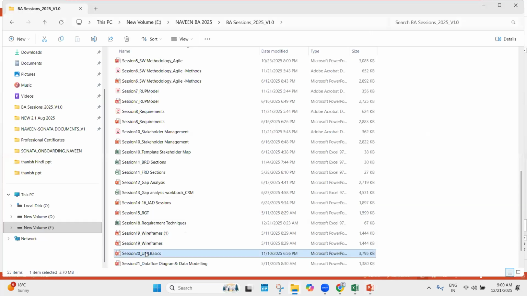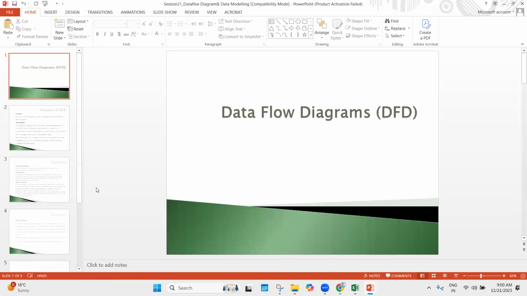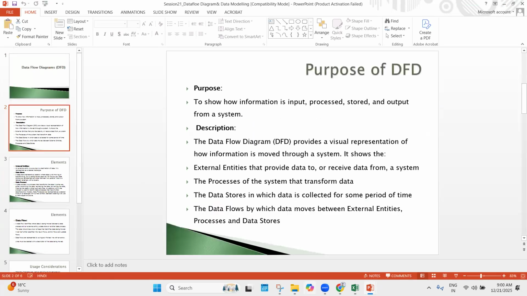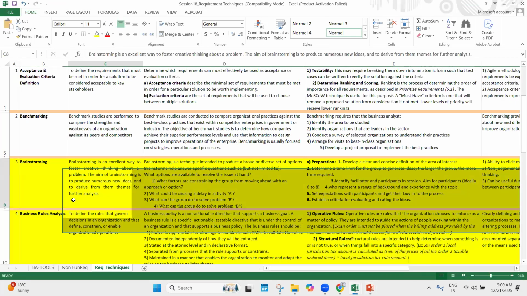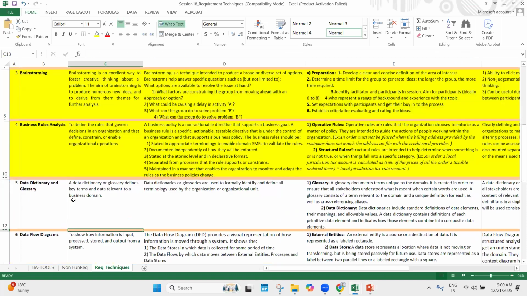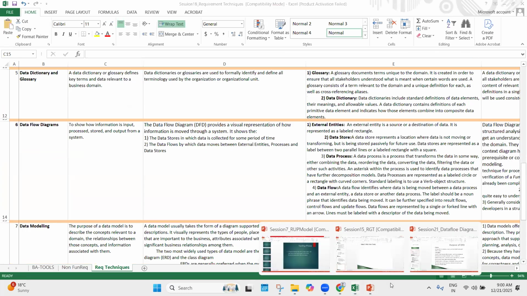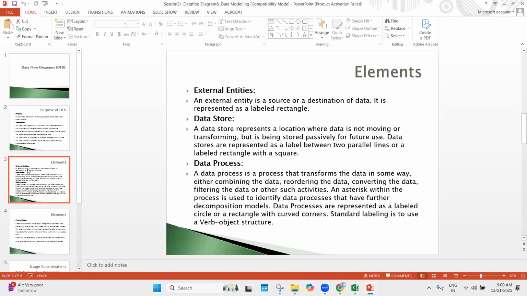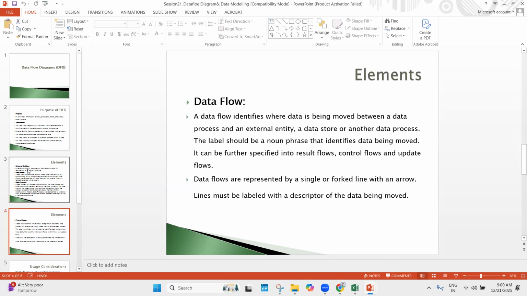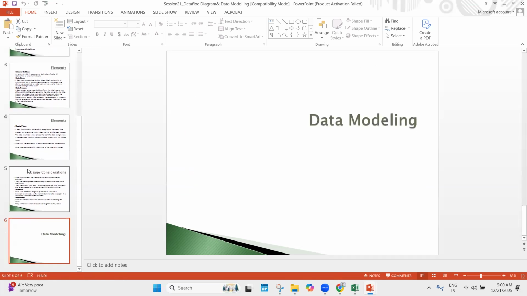The next one, data flow diagrams. This is where we discussed the last three techniques in our requirements gathering: data dictionary, data flow, and data modeling. I have given the information at a high level here, the purpose of the data flow diagram, and how the data flow should happen. And in data modeling,